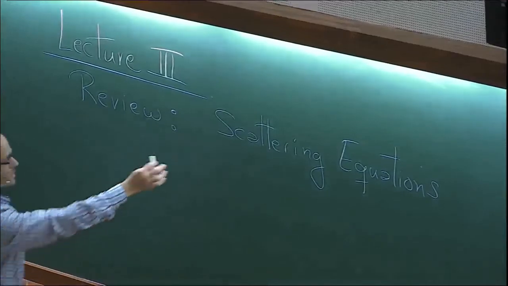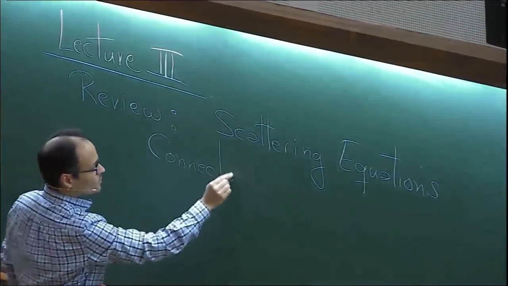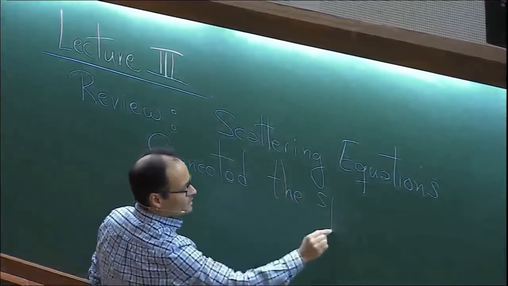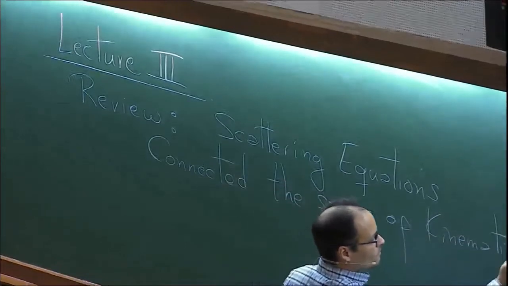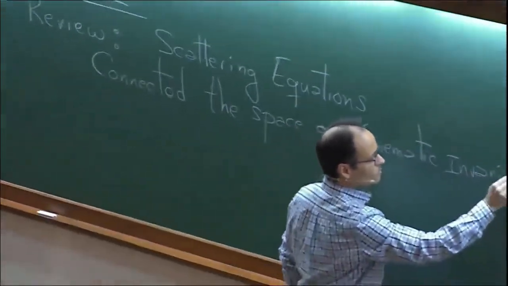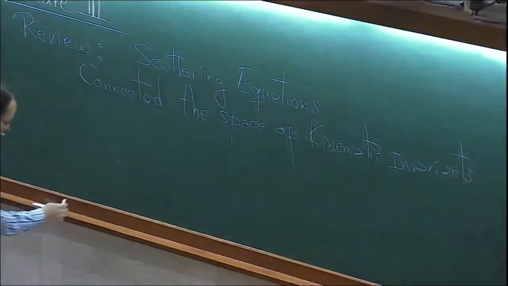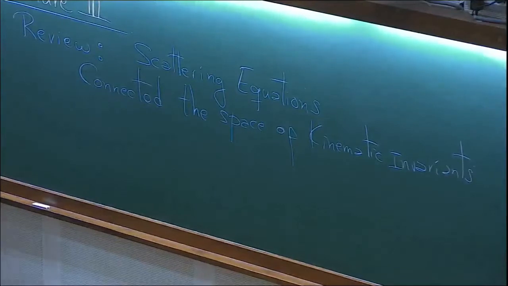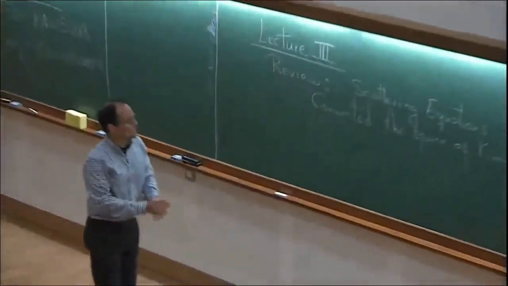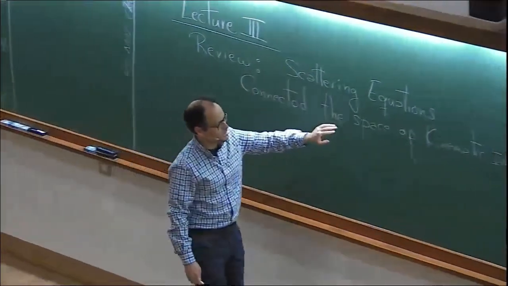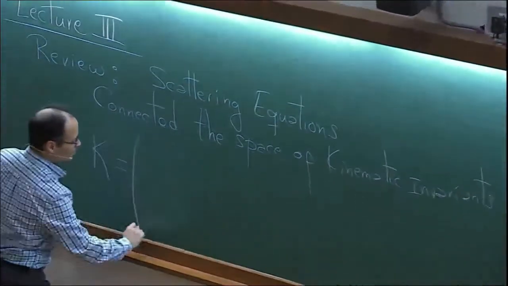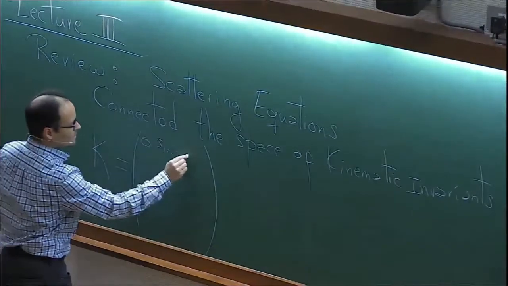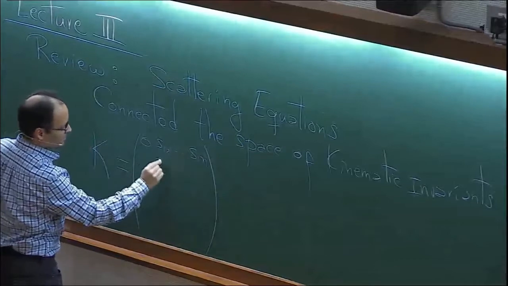These were equations that connected the space of kinematic invariants, where each point in that space, we decided to call it a matrix K, with elements given by the Mandelstam invariants,